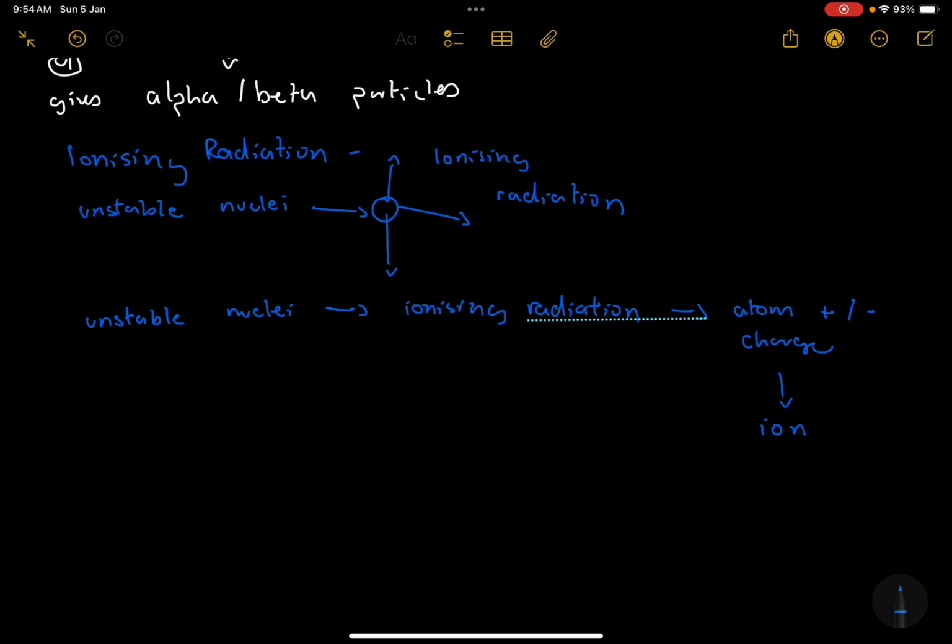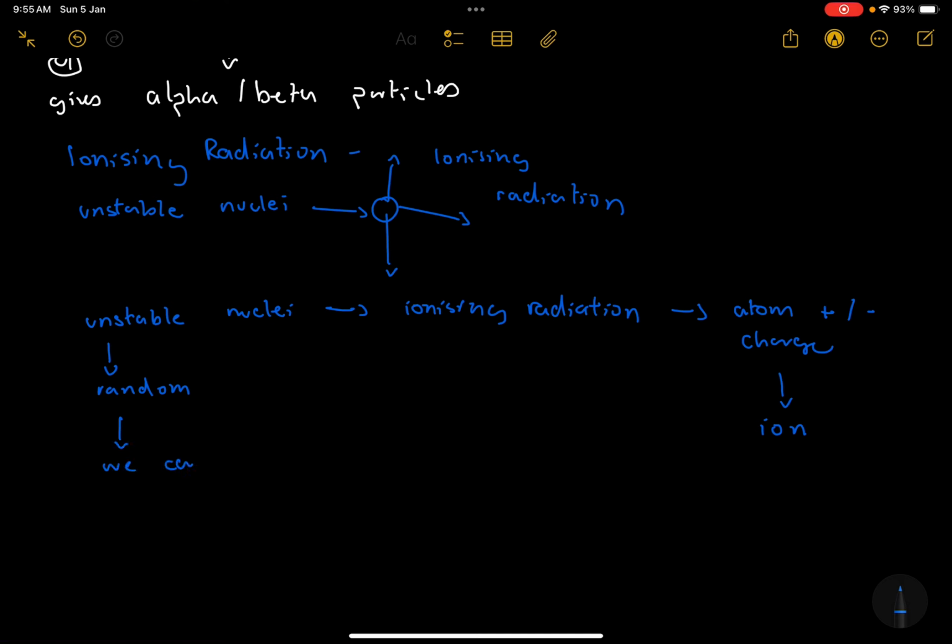Unstable nuclei will decay at random. So this is a very random process. It's not predictable. You can't predict which unstable nucleus in a piece of radioactive material will decay or when the decay will occur. And we shall see that we can make measurements that will enable us to predict the probability that a certain proportion of a radioactive material will decay in a given time. But we can't predict exactly which unstable nucleus will decay. So it's random,